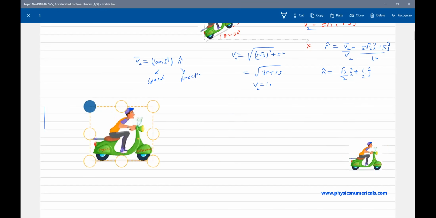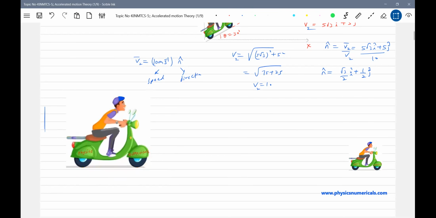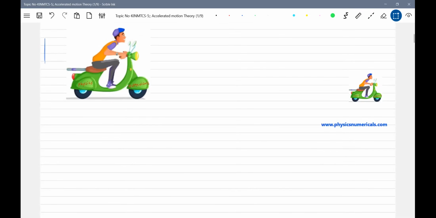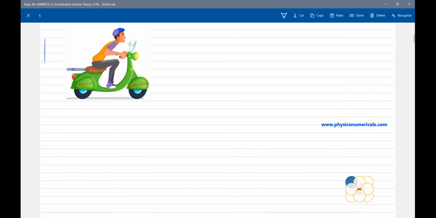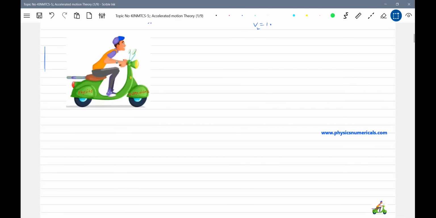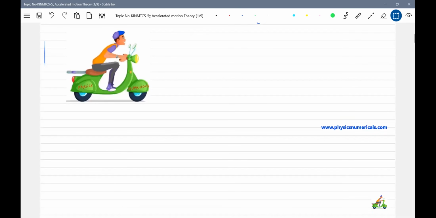Try to look at this one. This person is there. So what you'll do, if he increases speed, if he rotates his arm like this, I think it should be in this direction. If he twists his arm like this, then what happens is the speed of the bike will start increasing.